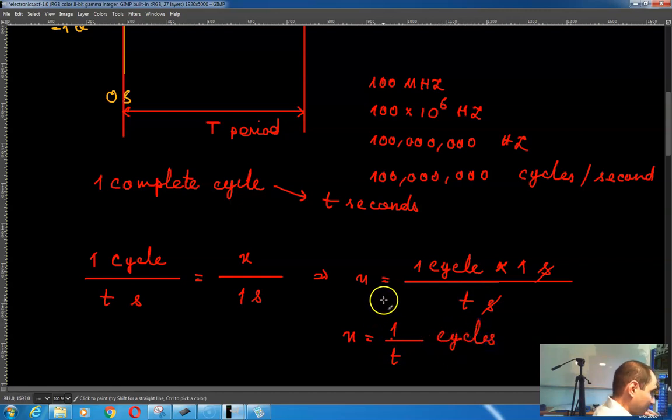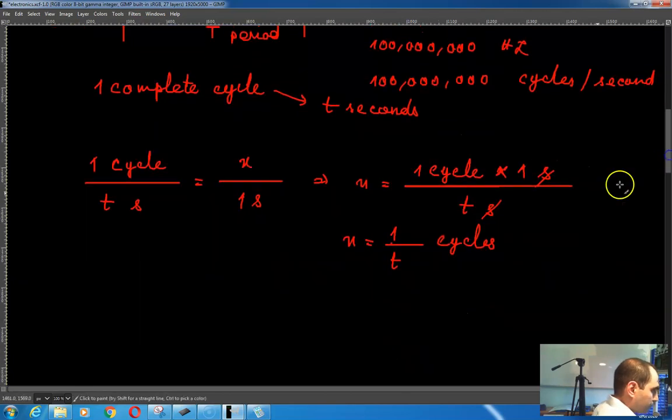That means the number of cycles that occur in 1 second is 1 divided by t cycles. So the frequency of your wave, which is the number of cycles per second, would be 1 divided by t cycles per second,